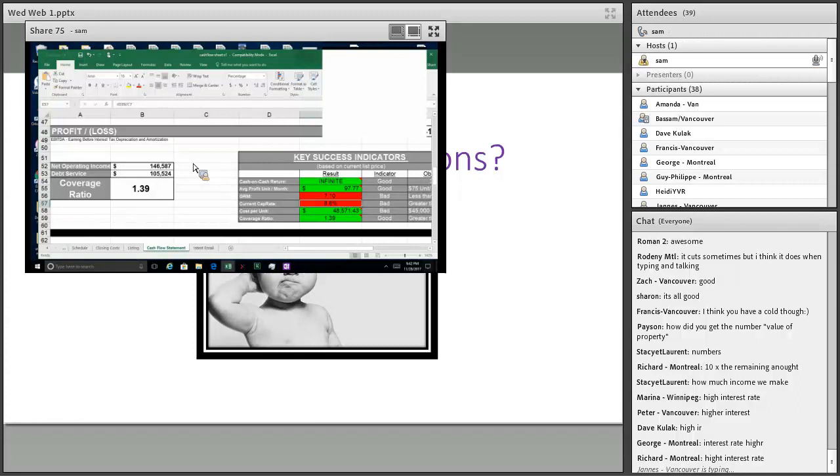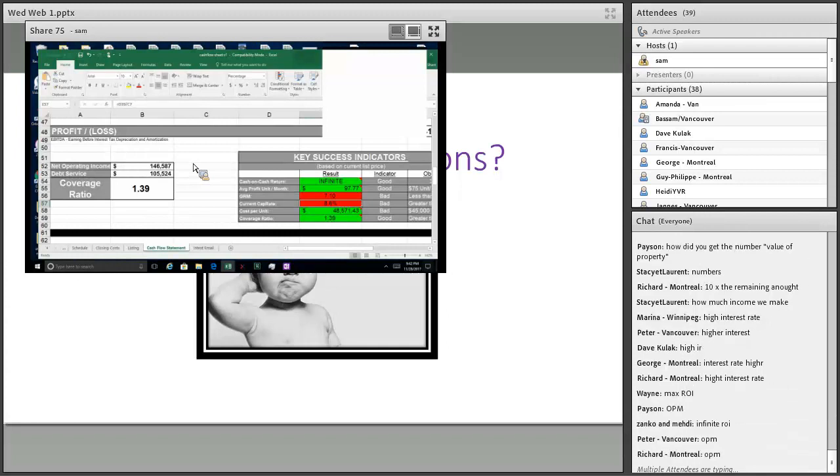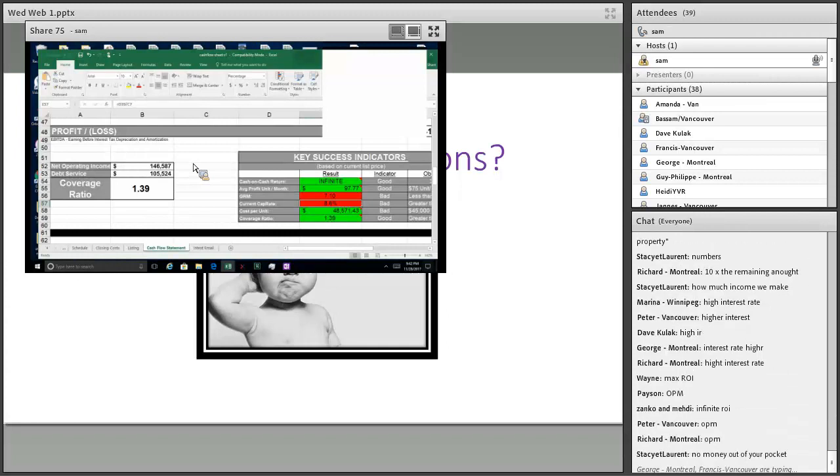So you could have a cap rate of, say, 25 and still make money. But if you had a cap rate of 10 in 1982, you're losing money, right? You can't make money on that, because you have to finance the property. And we always want to finance properties. Why is it important for us to always finance? That's right, Wayne, you're absolutely right. Return on investment, right? We have to use that OPM, right? And we'd rather not use our own money. And I'll tell you this, when you have the money, you won't use it.